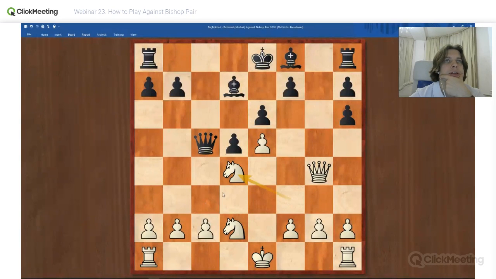Knight d4 looks good, but okay, I don't really like this move right now. Because of actually, okay, knight d4 is a good move because of what? Who knows?